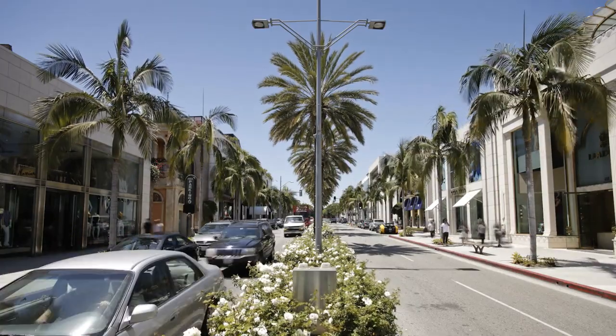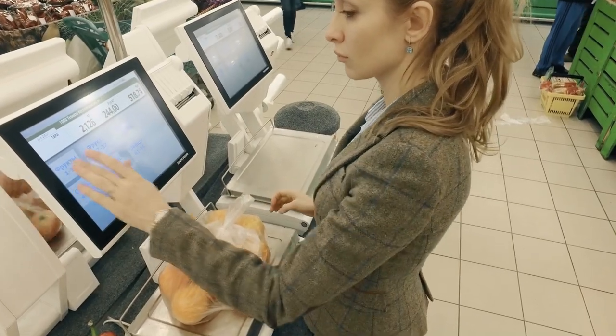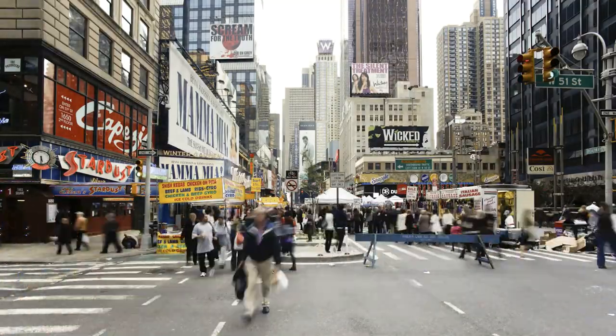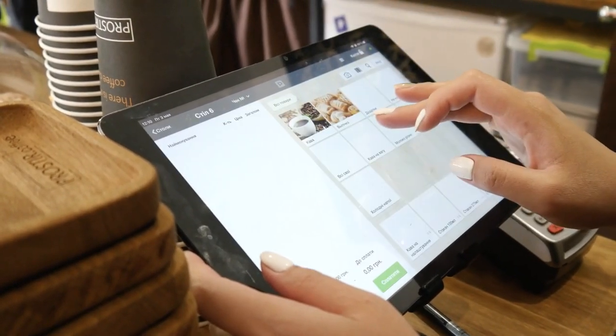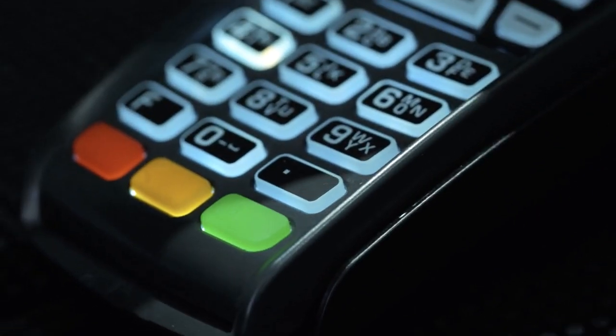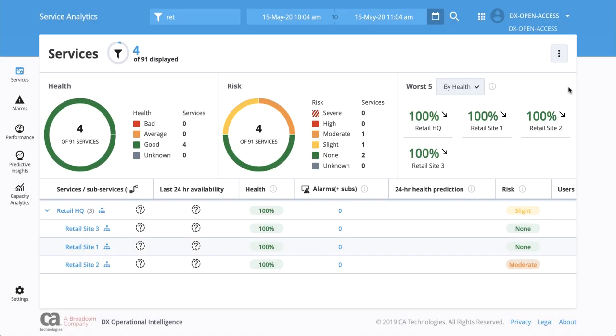Many retail companies have locations dispersed all over the country, even the world. And like most, many face the challenge of maintaining operational efficiency by ensuring that their point-of-service devices and applications perform at optimal levels. AIOps from Broadcom is a machine learning-driven, advanced analytics solution designed to help IT operations teams deliver a phenomenal user